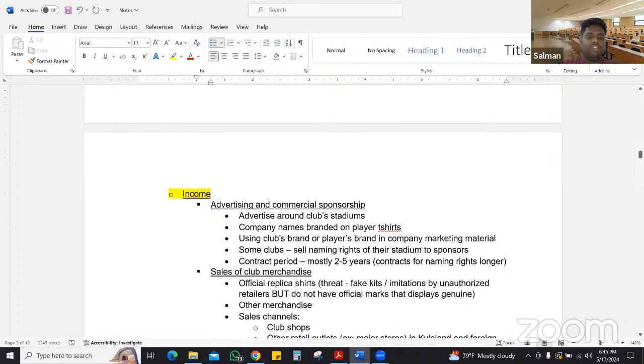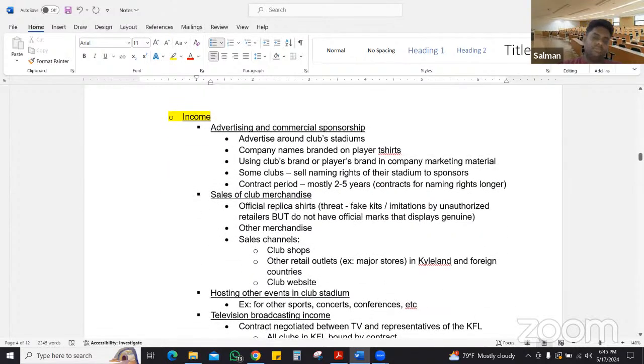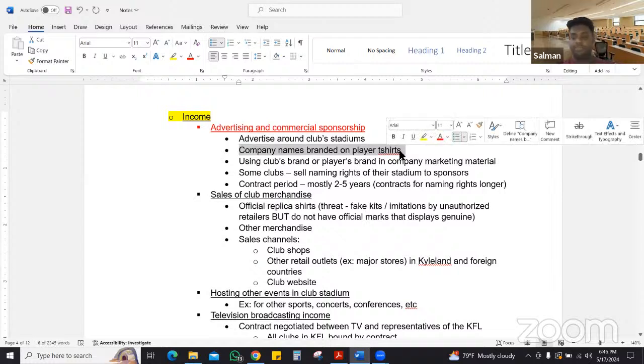On top of this, they will also have many other sources of income. One is through advertising and commercial sponsorships. Once a club becomes popular, when a club goes to first division, the club will start getting attention. So they can attract sponsors to advertise around the club stadiums. They will get sponsors where companies will be willing to name brand their company name on the player t-shirts. So if you look at actual sports clubs,